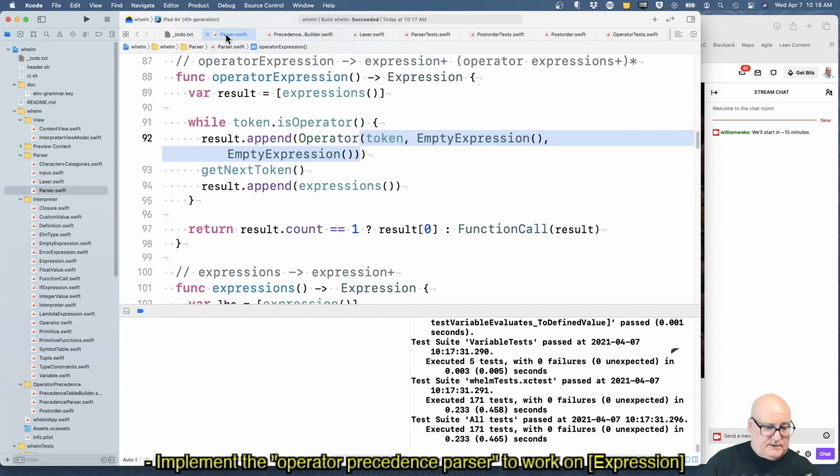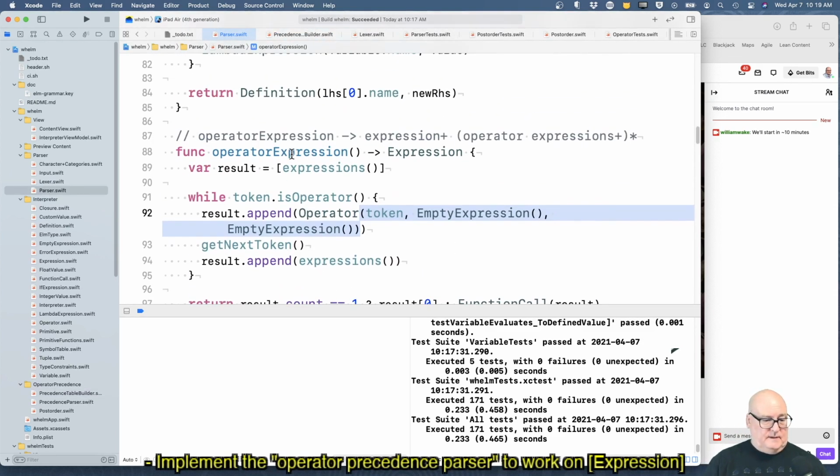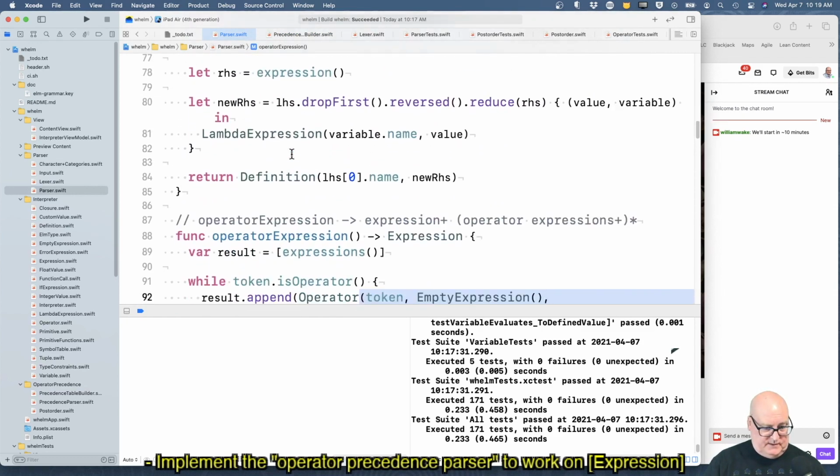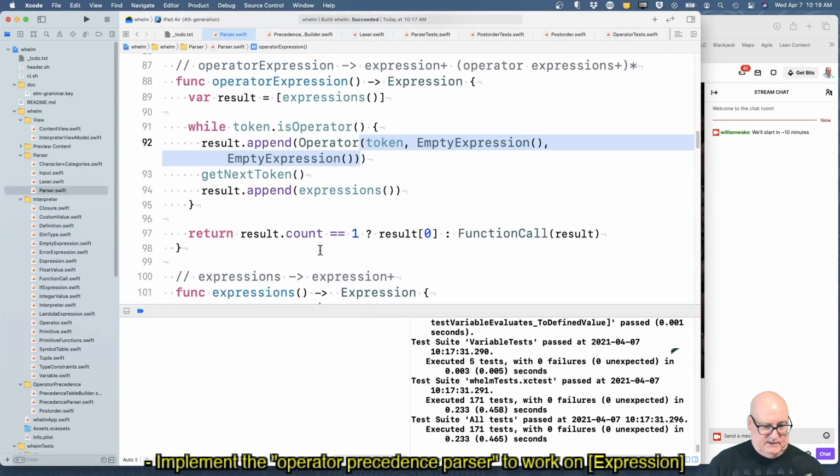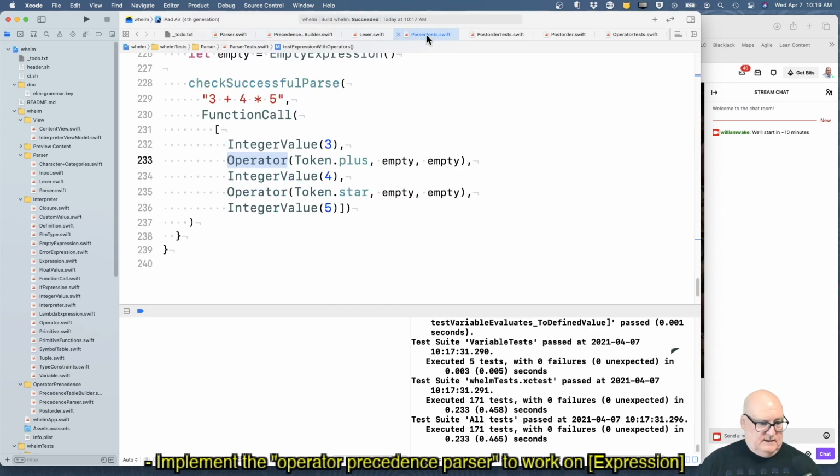Let's get parser. Okay, so we've got to find our operator expression. And yeah, if the count is 1, we just return it. If it's not, we need to do the append. So let's get a test.